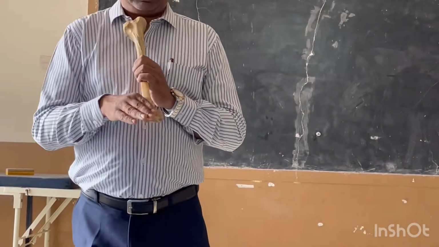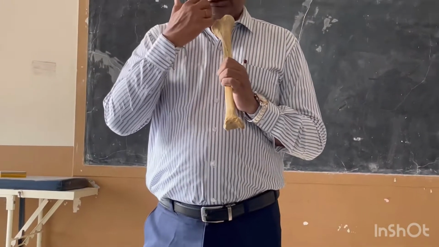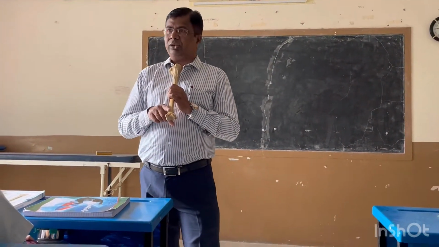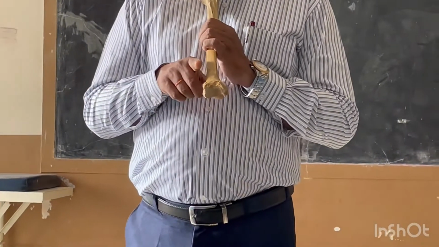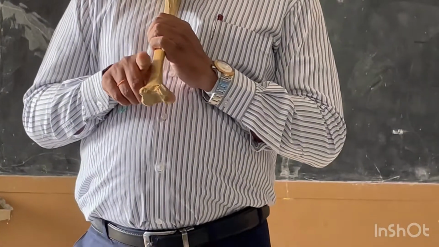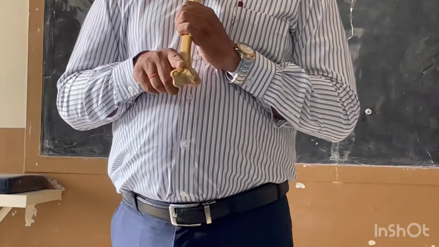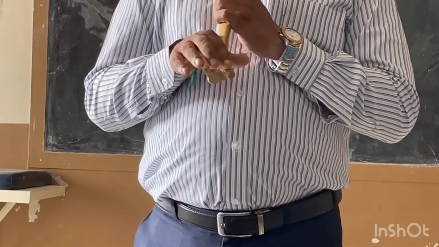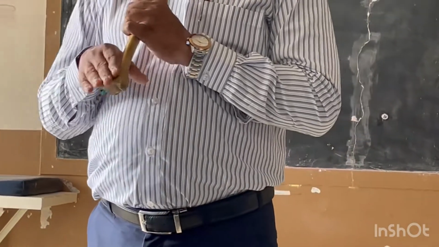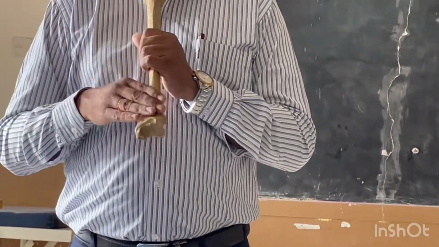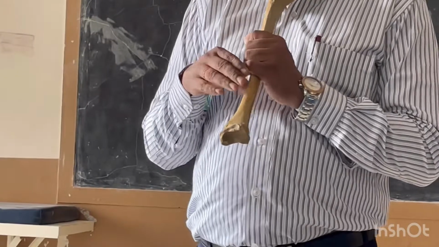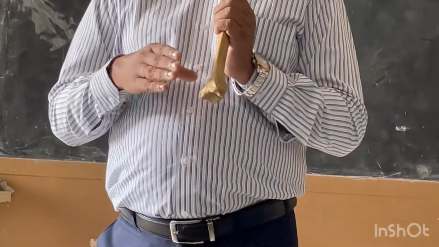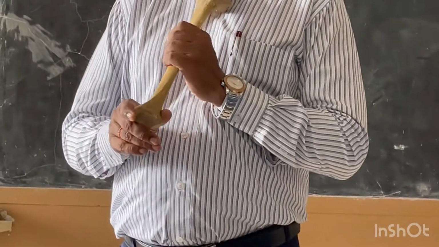The posterior surface of the lower end of the tibia is crossed by a similar kind of tendons. Here you can remember them as talented doctors are never hungry. Again here T for tibialis posterior, D for flexor digitorum longus, A for artery, posterior tibial artery, N for tibial nerve and H for flexor hallucis longus. So these are the important structures, and this has to be remembered. Very important spotting and viva questions. What are the structures which are going to cross the anterior surface of the lower end of the tibia and the posterior surface of the lower end of the tibia.